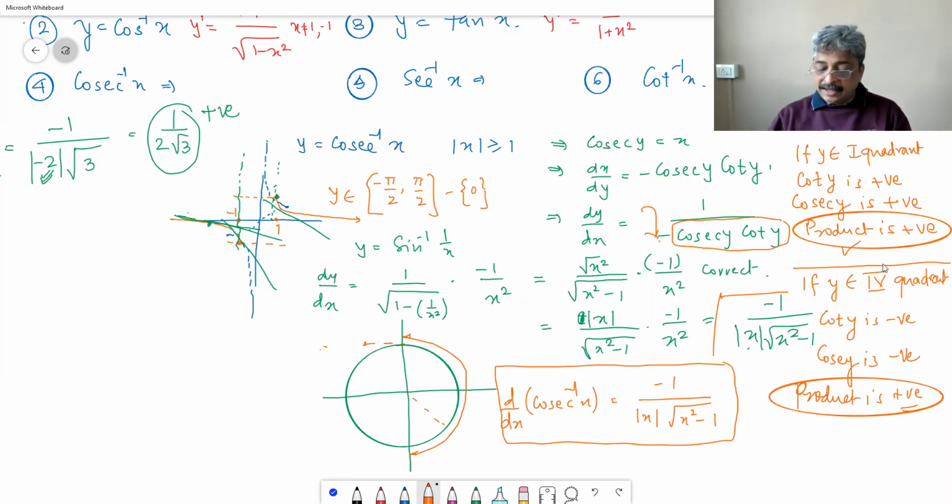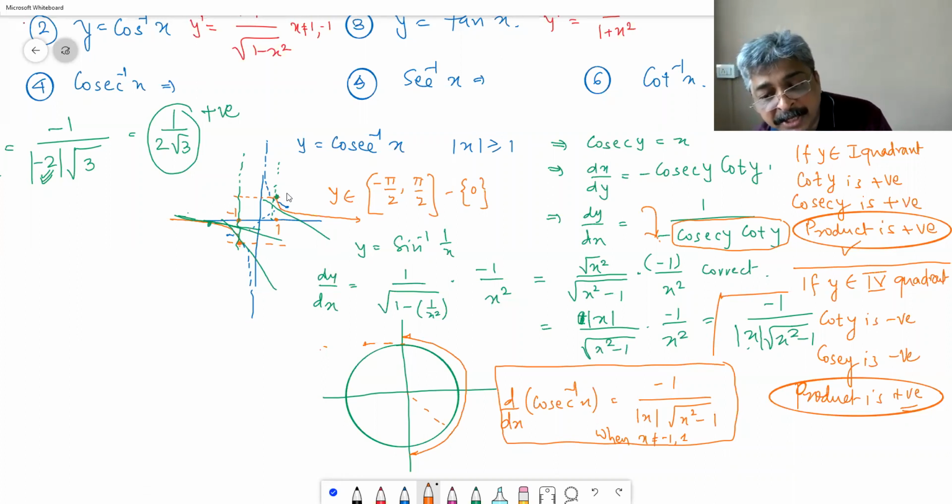Okay, and another thing that we need to do is we need to eliminate 1 when x is not equal to -1 and 1. That is what is important here, because again the denominator will become 0. And there are 2 points here in the graph at which the tangent is going to be vertical. Okay, so that is the discussion on inverse trigonometric functions, their derivatives,